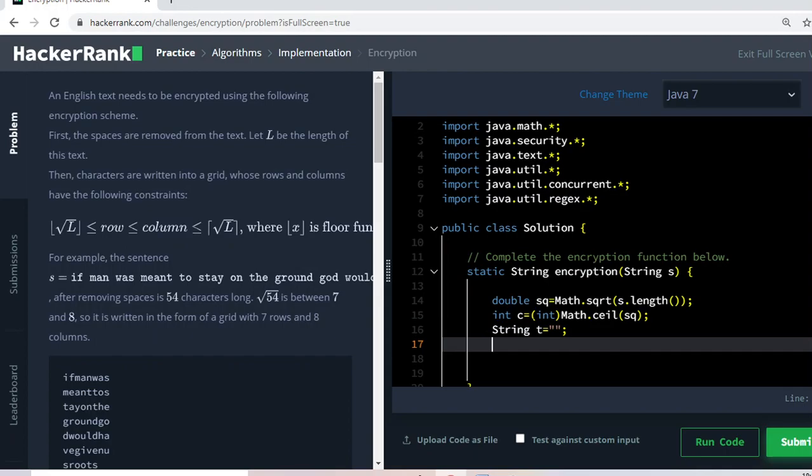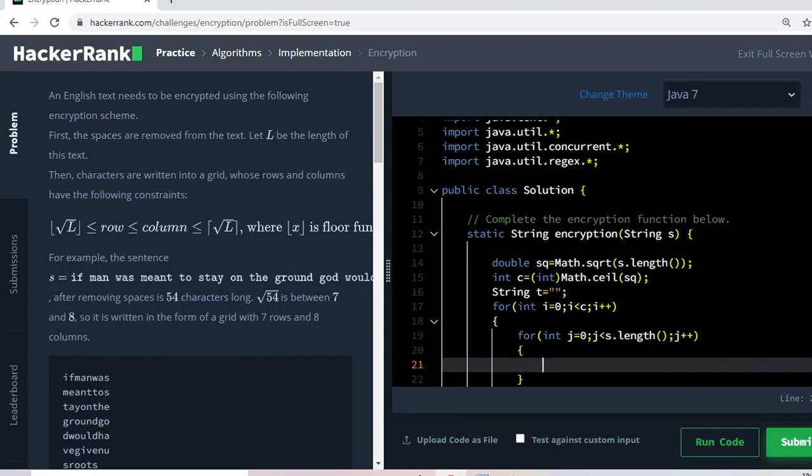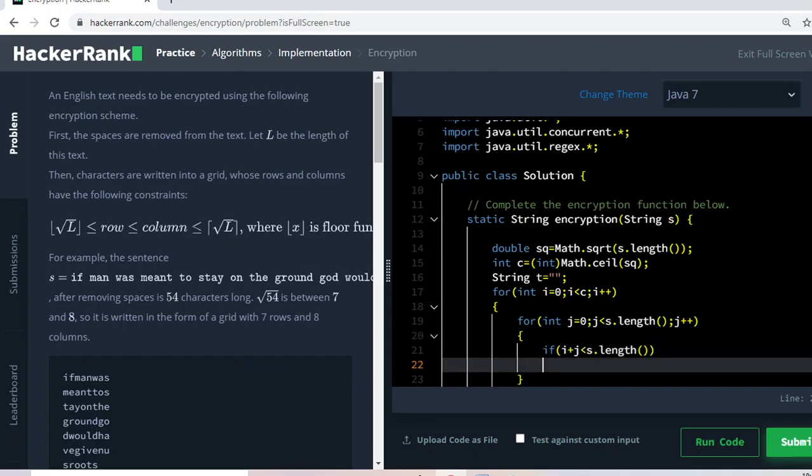Now I am taking a string t. Initially it is empty. Then I am creating the for loop, i equal to 0, i less than c. Then again a for loop from 0 to s dot length. Then I need to make the if condition: if i plus j is less than s dot length.